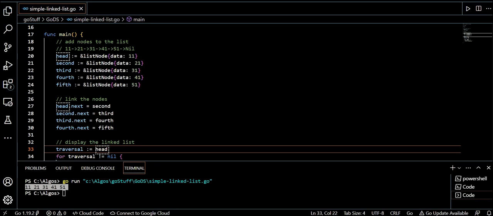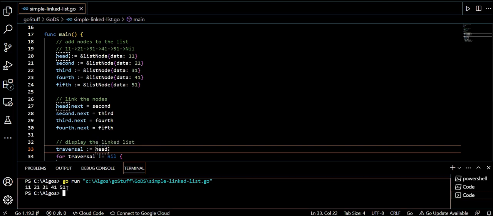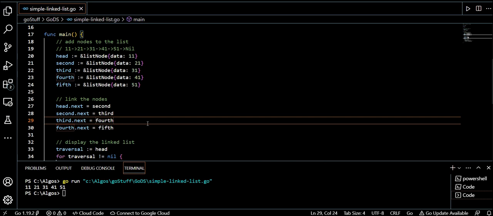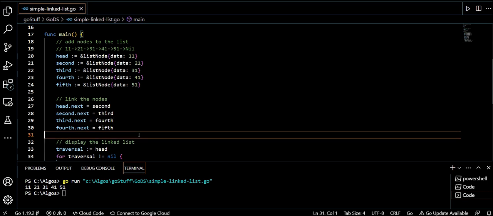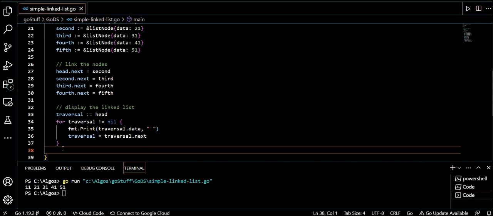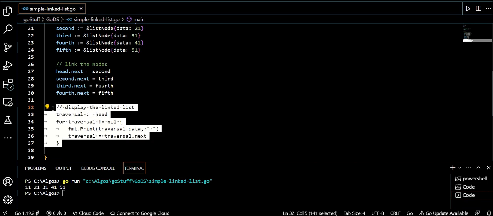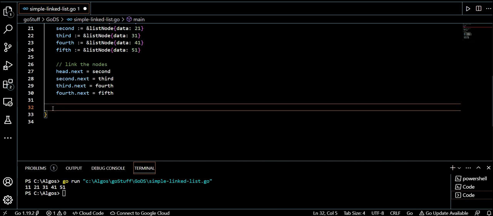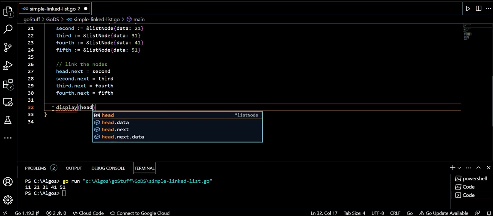Now that we have created an easy and simple singly linked list and seen the results dumped here as expected, we will go ahead and granularize this by creating a separate function for display. Cut this here and say call display, pass the head,